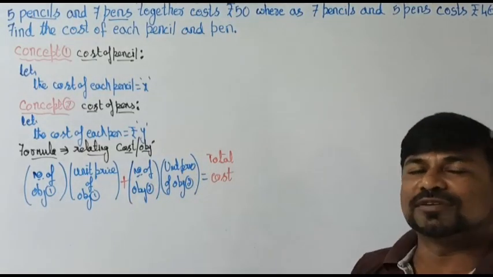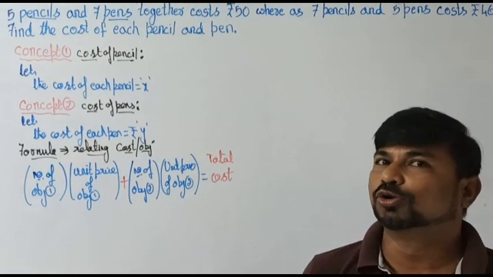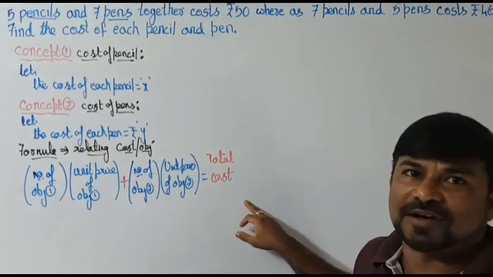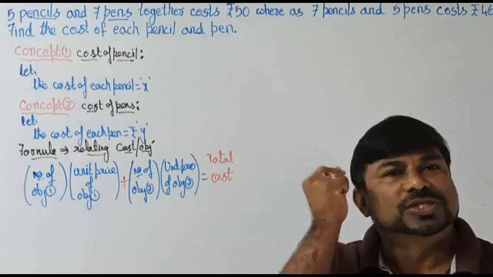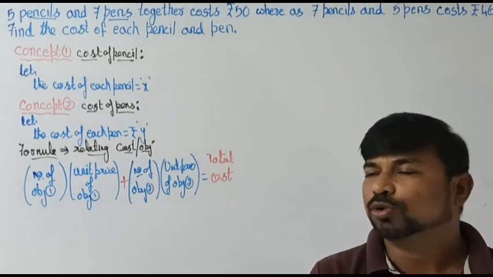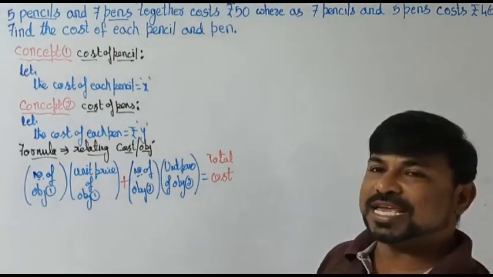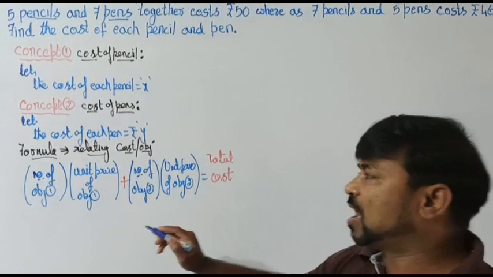This is the generalized formula which deals with 2 concepts or 2 objects dealing with the cost. You have to remember, this is the basic formula whenever we are dealing with objective type questions. If you remember this formula alone, you can deal with any. Now, what is the relation he has given? Let's come back to the question now. This is the generalized formula.